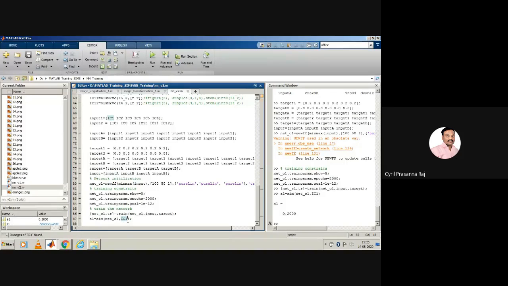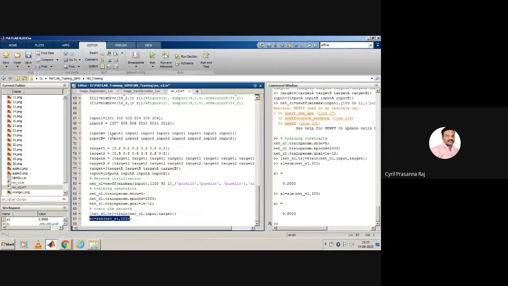Now let us see whether it is going to give you 3 as 0.8. So 3 is IC7 or IC8. Let us see whether you are able to get these results properly. It is exactly telling that yes, it classified it as 0.8, implying that whatever input you provide, it is able to tell whether it is 1 or 3. If the output is 0.2, it is giving you 1. If your output is 0.8, it is telling you the input is 3. So it is able to classify the data 1 and 3 depending upon the images we have considered. This is how we test the network.